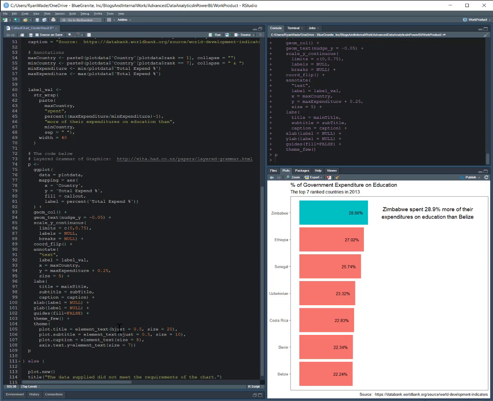And using a value of 0.5 will center that text in our visual. So if you use a value of 0, it will left justify your text, which is the current value that's being used right now. If you use 0.5, it will center the text, and if you use 1, it will justify your text to the right. So we do that with our plot title,